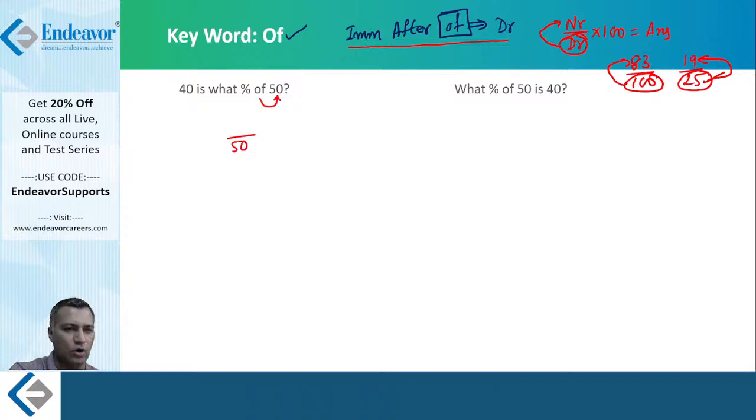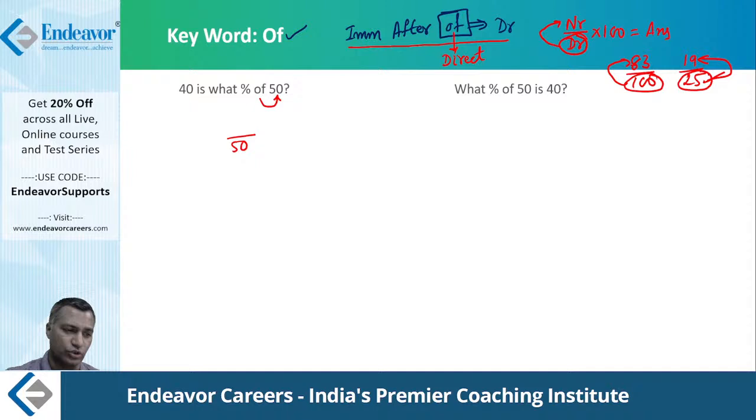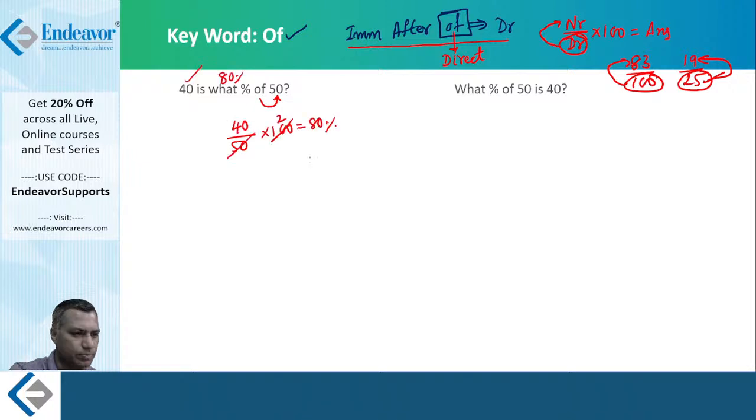"Of" also talks about the direct comparison of two numbers. After "of" it is 50. What is the number I should compare with 50? I told you, whatever you write in the denominator becomes the gold standard, so I need to measure something against this standard. You have to measure 40. So the author is saying 40 by 50, and this is what he is asking percentage wise. Into 100, you say that this is nothing but 80%. So 40 is 80% of 50. That is what we are expected to do.